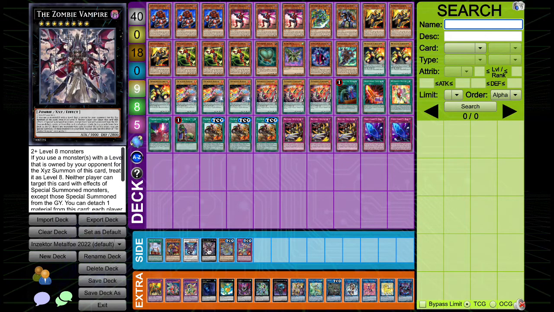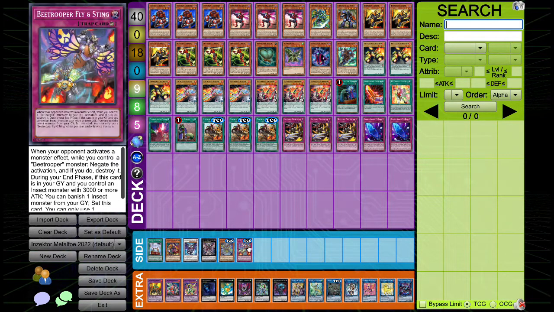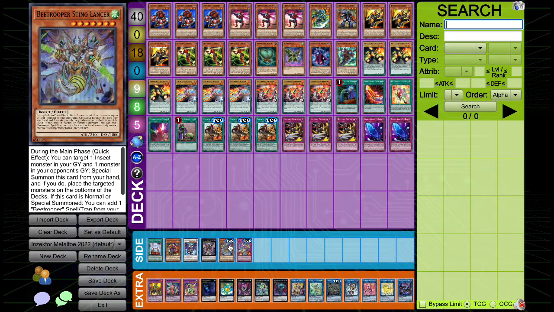And you could also just overlay the Zombie Vampire with the Foxy Toon, which allows you to mill an extra 4 cards and potentially mill the Centipedes and the Dragonflies to then summon off the effect of the Vampire, which is pretty good. And obviously B-Trooper cards are pretty good,